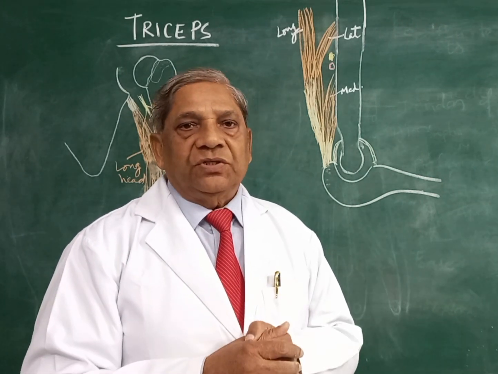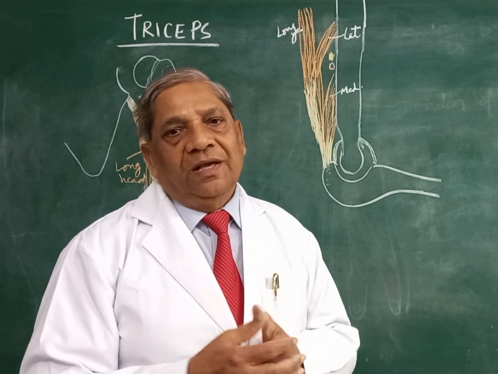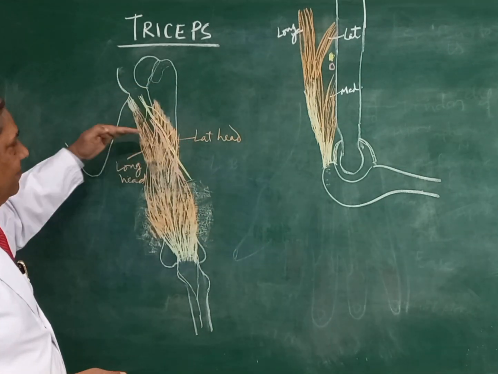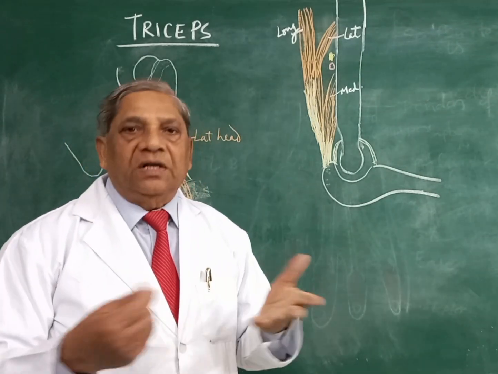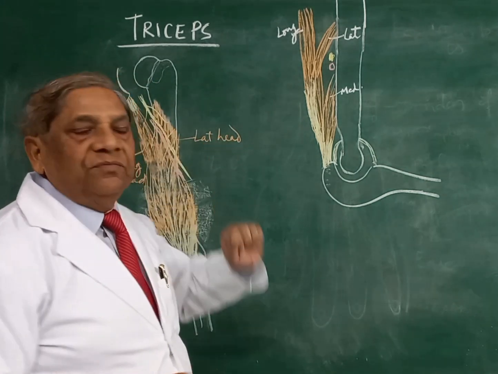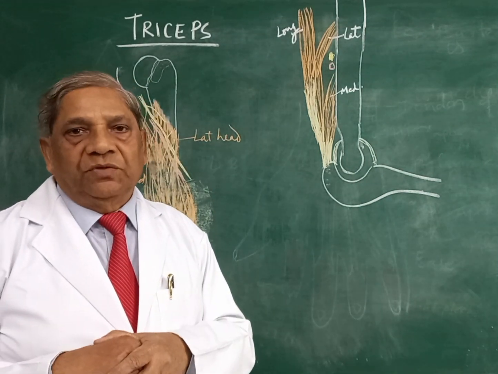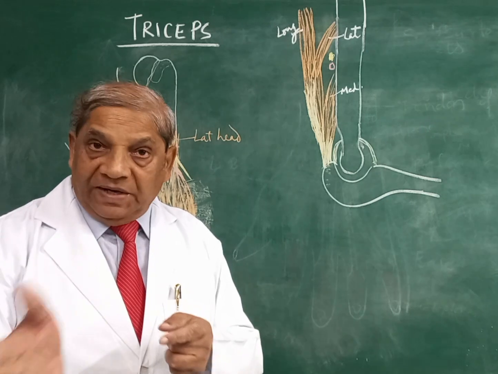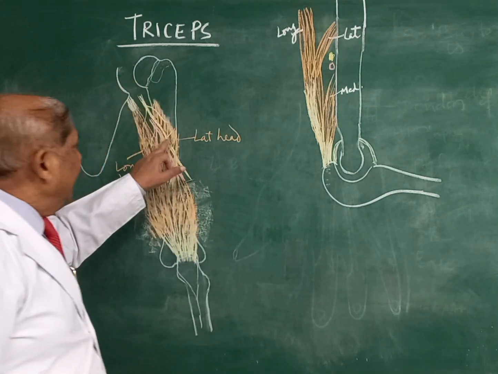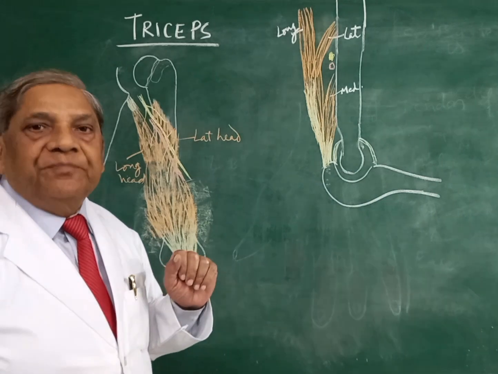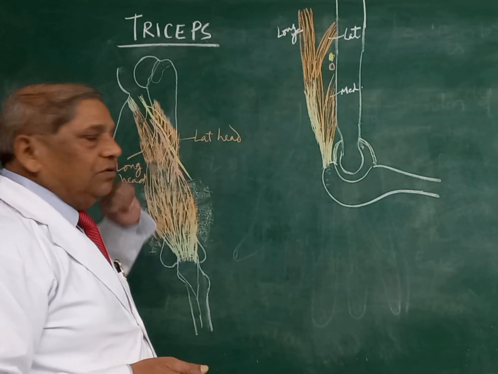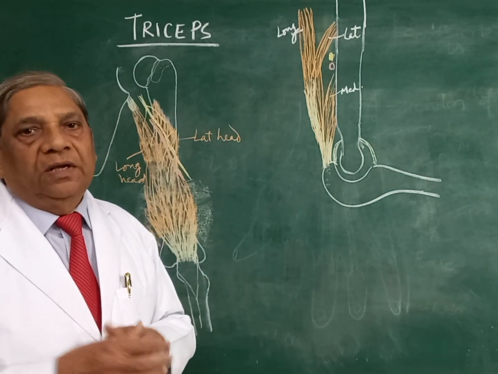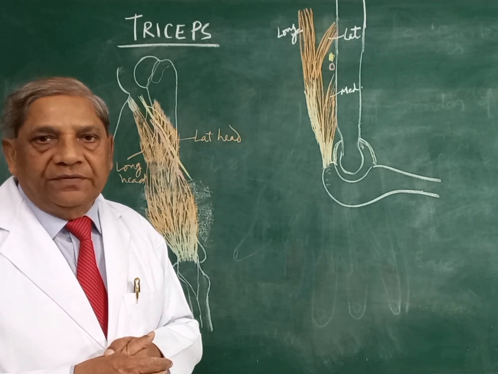Now, most of the fractures which take place in the humerus may be from the middle of the shaft because of accidental injury or a fall, and if it is from the middle of the shaft, then this radial nerve gets injured while it is lying in the spiral groove or the radial groove here, and because of the injury to the radial nerve, those branches which were taking origin within the radial groove itself will be interfered with,